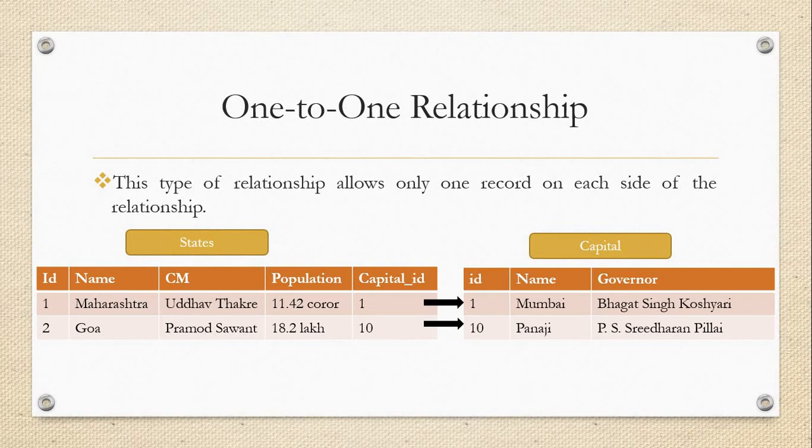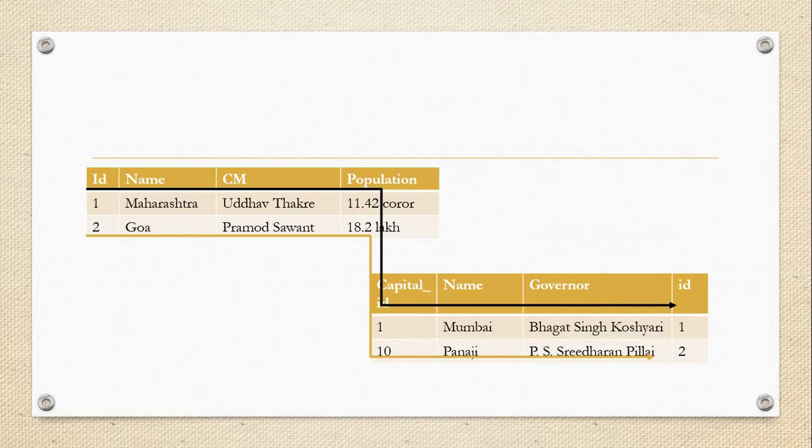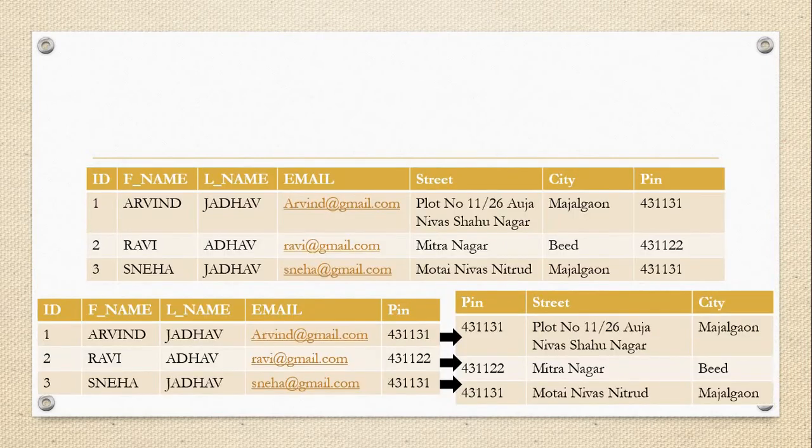In that, only one record on each side, one record being one attribute on each side, is treated as a one-to-one relationship. Okay, so let's take another example. Here we have a problem, but we'll resolve it. This form is not in third normal form. We all know that because it contains some duplicate, redundant values.